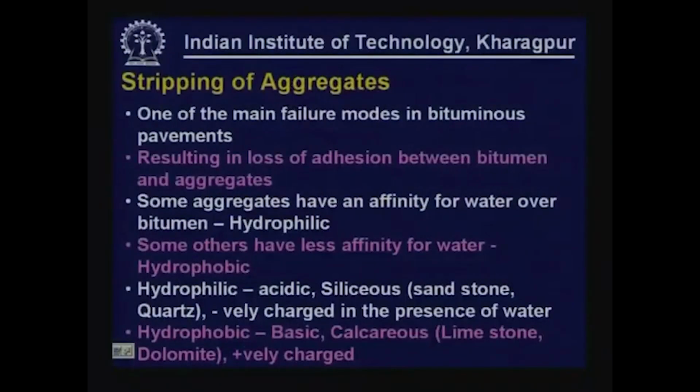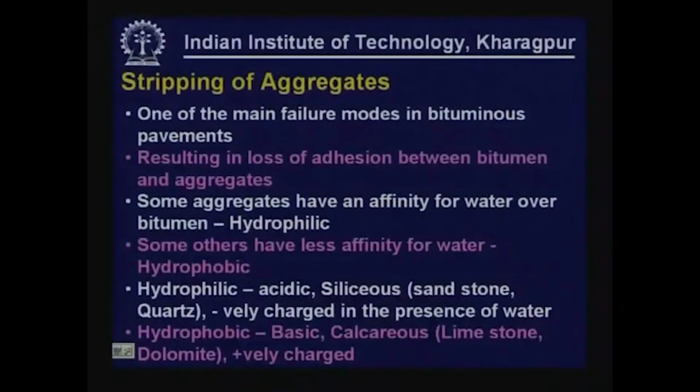These aggregates are called hydrophilic, that is, water loving. Some other aggregates have lesser affinity to water compared to bitumen. These are called hydrophobic, or water hating. Obviously, hydrophobic aggregates are better as far as bituminous mixes are concerned,